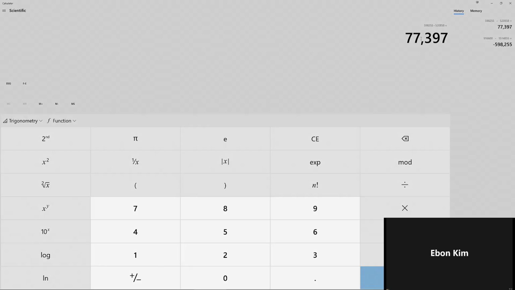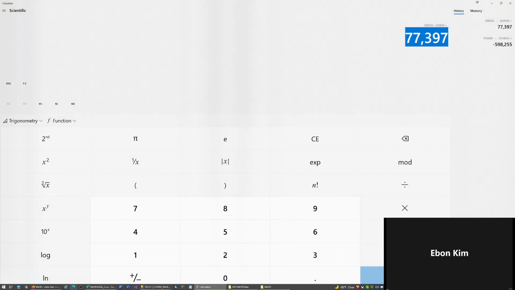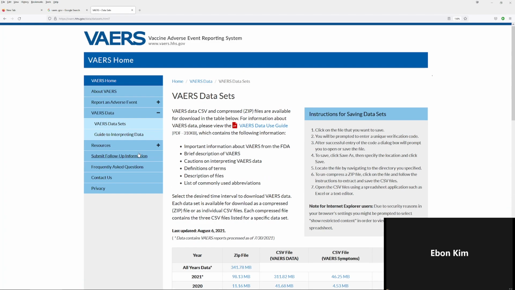So we're missing 77,397 records for 2021. That's unaccounted for. We'll never find out anything regarding all these 77,397 cases. But you would never really know that very easily by just looking at the spreadsheet. And you won't know that at all if you're going to look at the data through